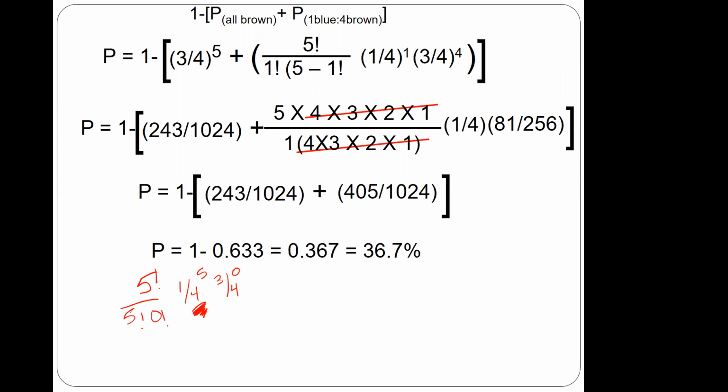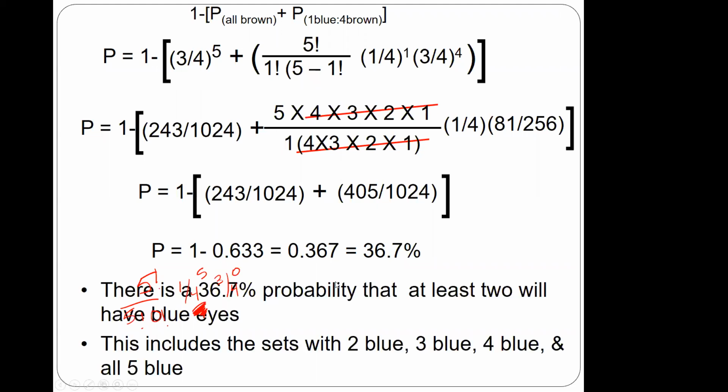You guys in the lab yesterday, remember I said, if there's a shortcut that works, use it. So the binomial expansion is, and I think the questions I asked you to look at in the back of the chapter are binomial expansion questions where you have to figure out the probability based on using that binomial expansion. So that's why I want to go through it in a little more detail.